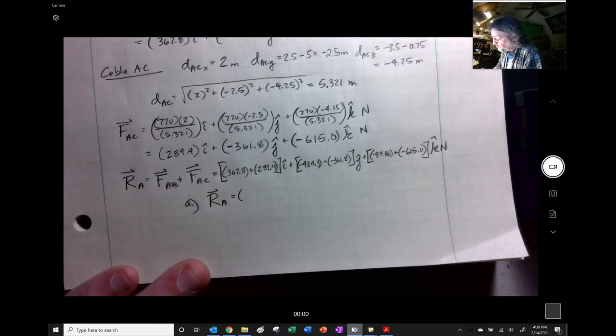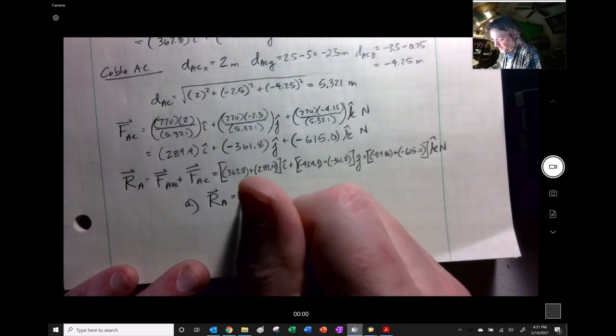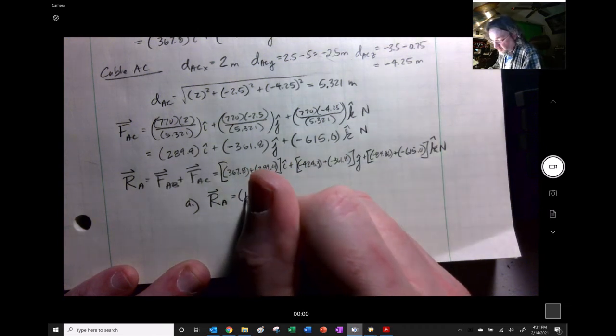289.4 plus, and those are both positive, right? I just want to double, triple check that. Yes. And does that make sense? Yes, and they're both going in a positive direction. Okay, so that's